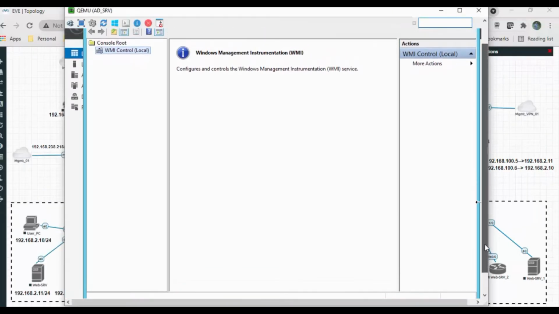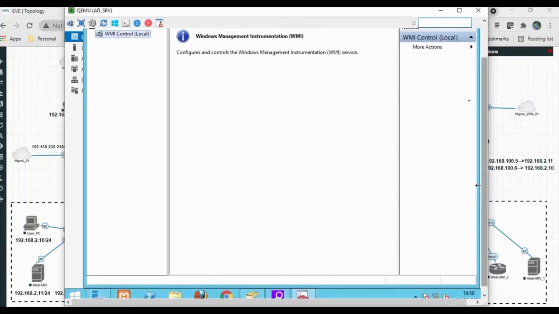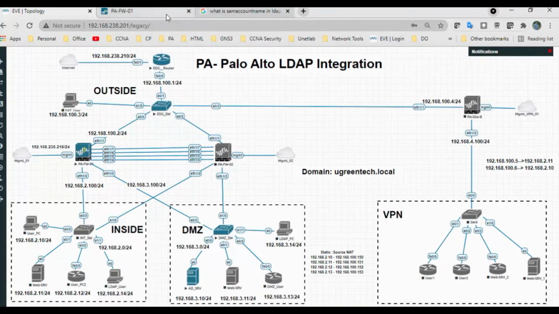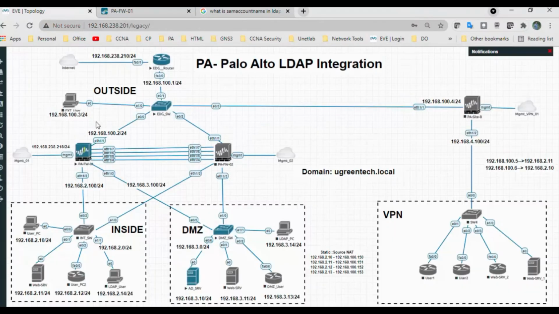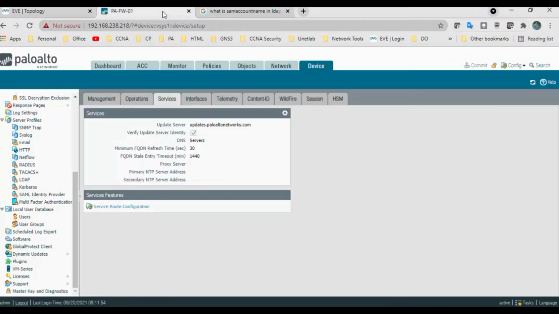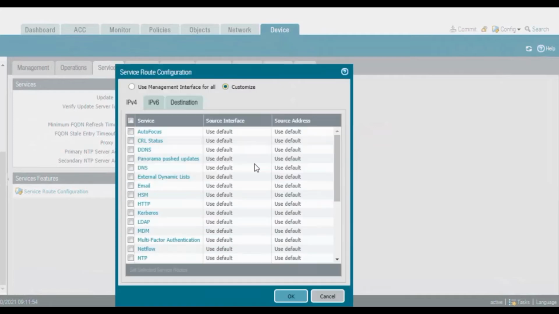We have created two groups, marketing and sales, with two users for each group, and we have provided the permissions to the service account. So now we will go to the Palo Alto firewall. My AD server is in the DMZ network, and the DMZ is connected to ethernet1/3. Go to the device and go to the services. In that we need to select the service route configuration. Click on customize.